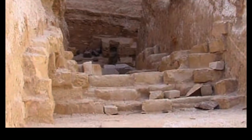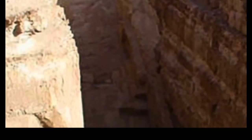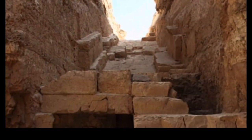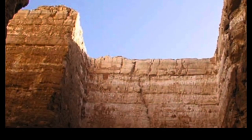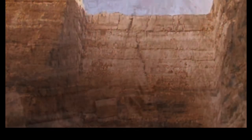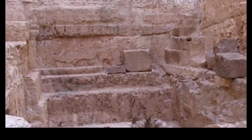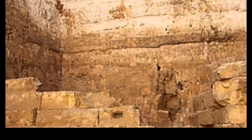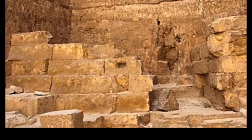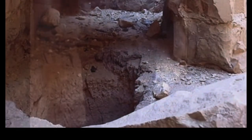But 4,000 years ago, it was a fully formed pyramid. But 2,000 years ago, it got dismantled by the Romans, who decided that the stone was very useful for other things. The pyramid is attributed to the pharaoh Djedefre, who was a son of Khufu and took over as pharaoh after his father passed away. Today, all that is left of this structure is some rubble and a fairly deep shaft, which was the centre